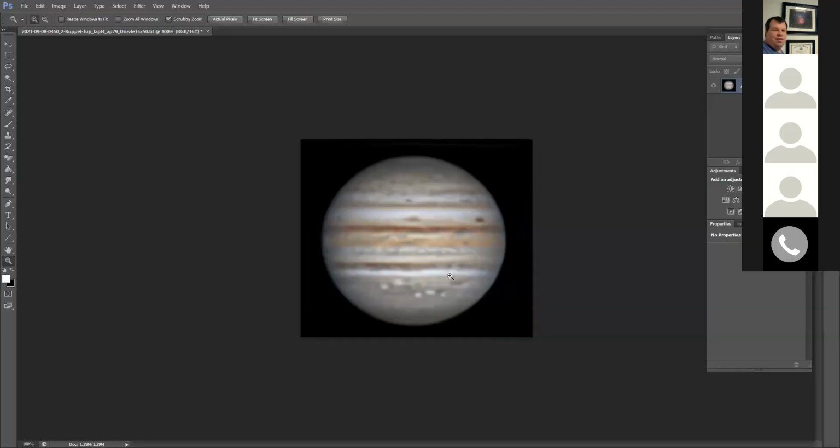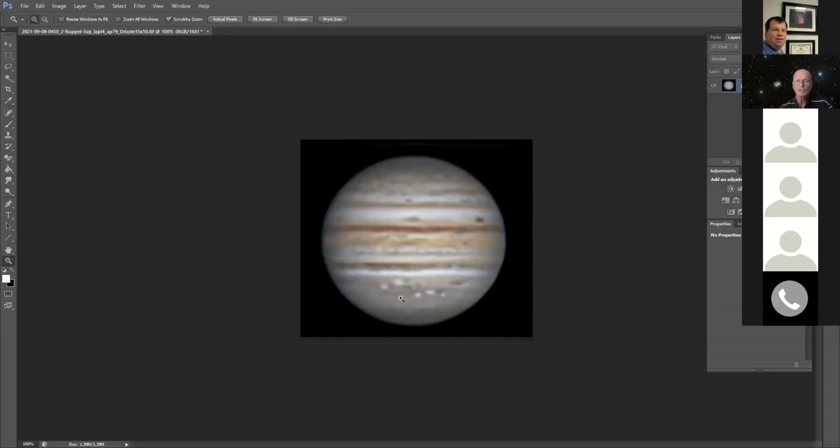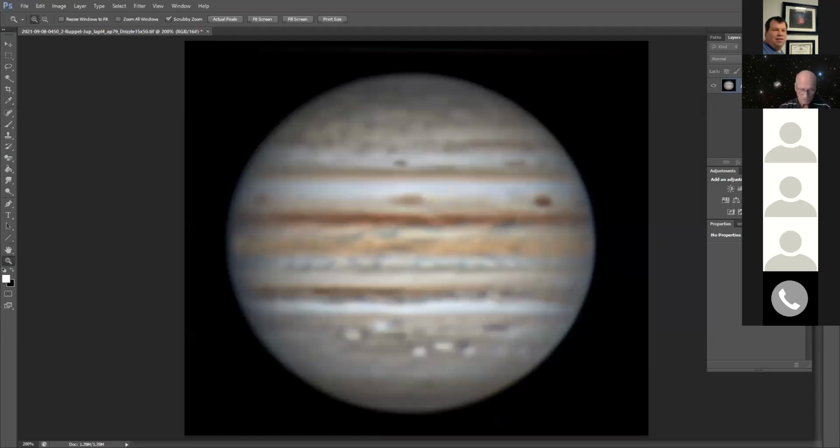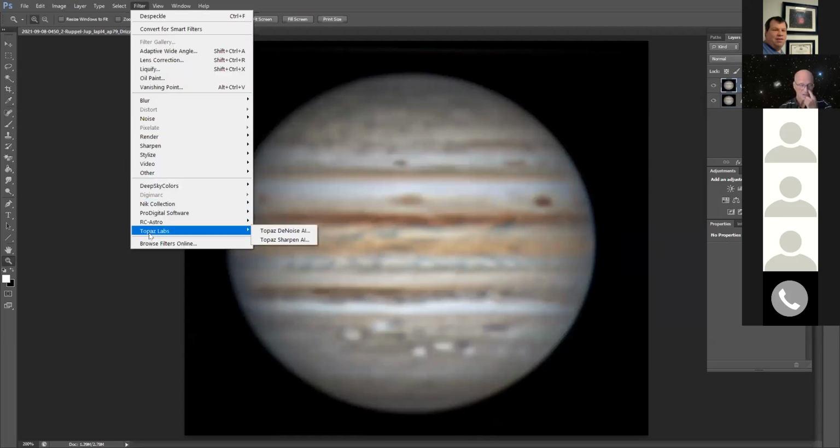So this is the same image of Jupiter loaded into Photoshop. And I'm going to blow it up so it's 200%. The first thing I usually do in Photoshop is to make a copy of the image so we can work on the copy rather than the original, and it makes it easy to compare. And again, both of these programs can be loaded as plug-in filters under Photoshop, and they show up in the filter list. And so if we go to Sharpen AI,